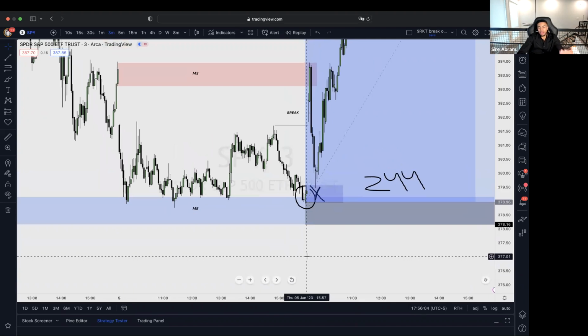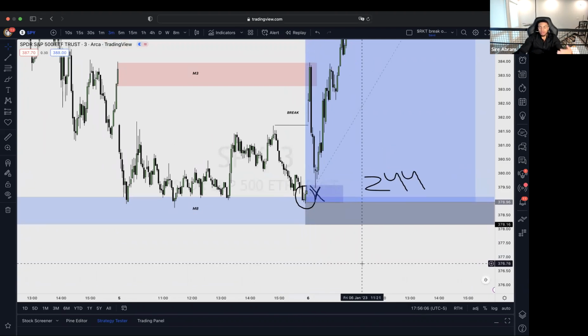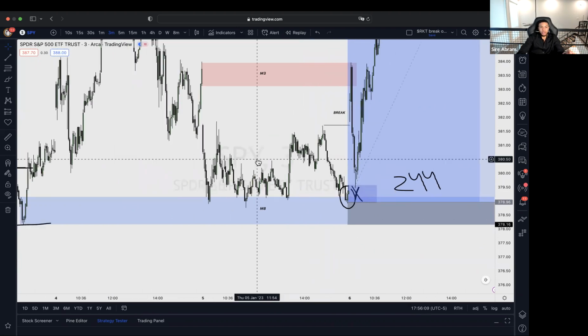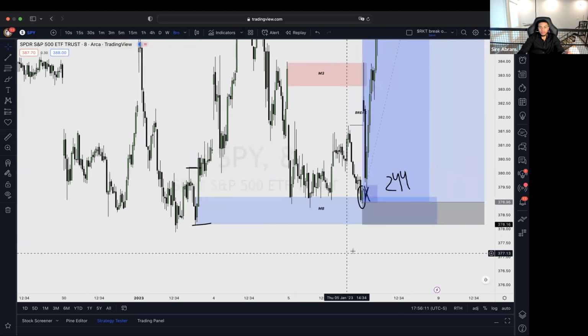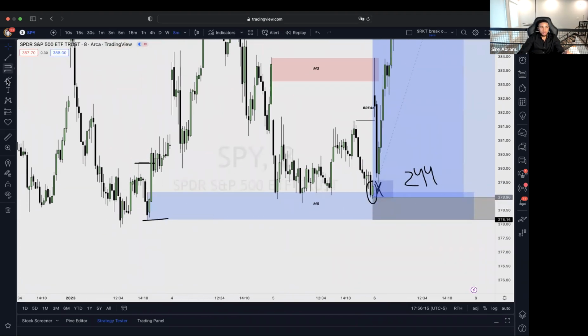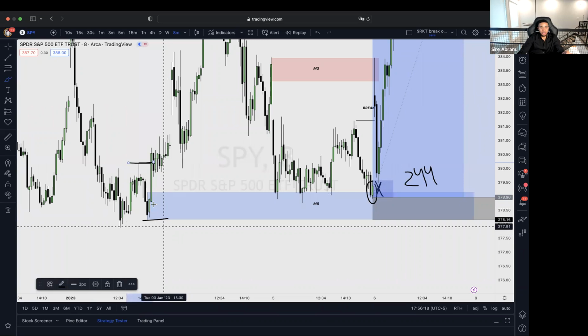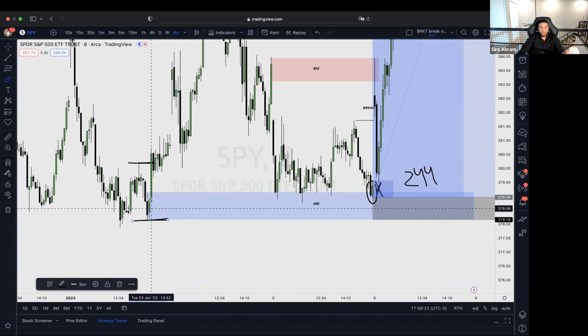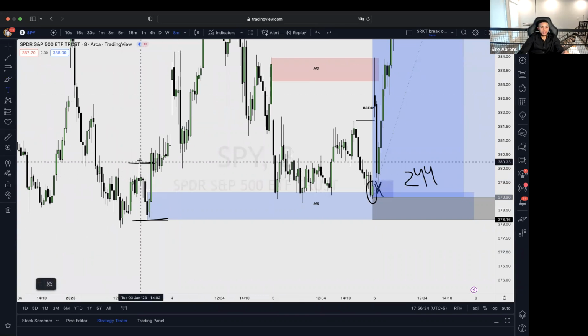So why did I decide to do that? What made me think that was a great idea? So if we look at an 8-minute time frame, what do we see here? We see this high and we see this low. This low initiates the move to break this high. So we're just going to put a B here for break. All right, that is a terrible B. So let's use the text. Let's put a B here for break.